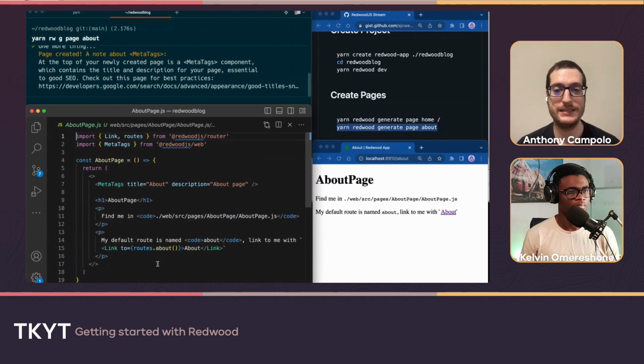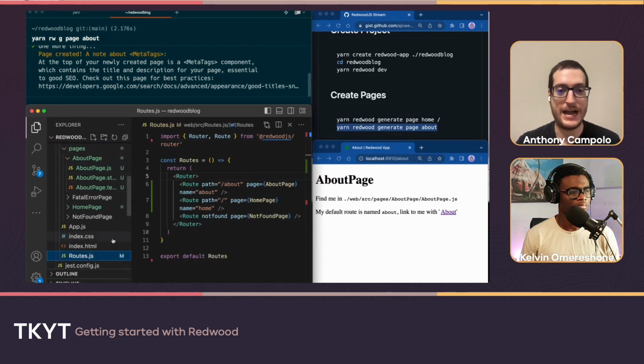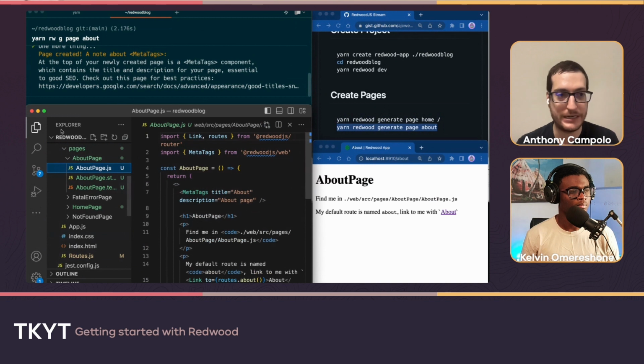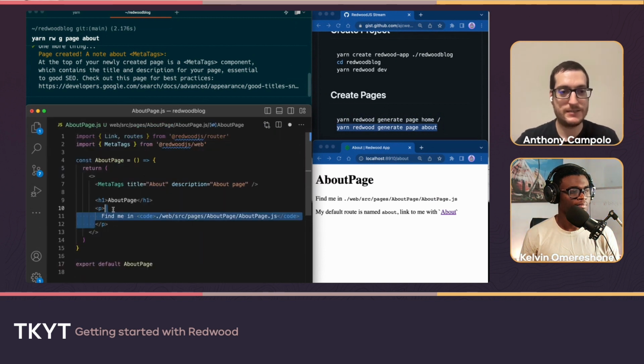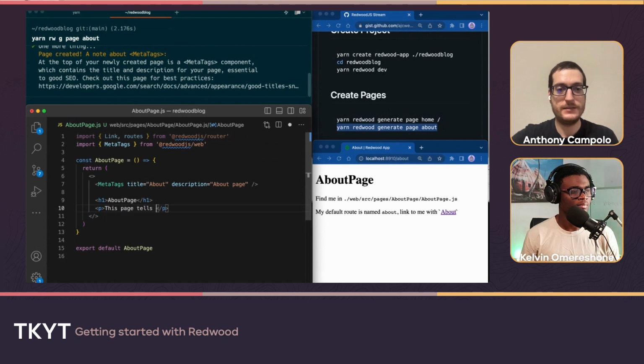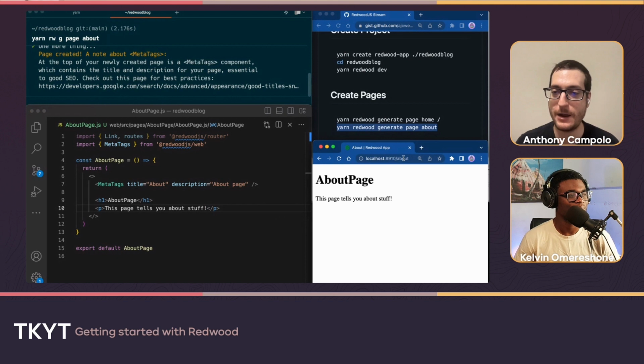Like if I want to point the about page to a different page, then I can just change that in the routes file and point it at a different page, but all the links will stay the same. So that's pretty nice. If we just change this to say, it just tells you about stuff, we've got our about page right now.